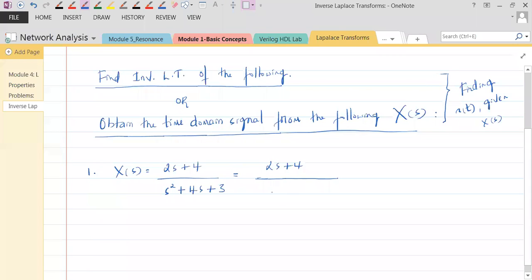That's why it is s plus 1 into s plus 3. If the root is minus, it will be written as s plus 1. If it is plus, we need to write it as s minus 1. So therefore,